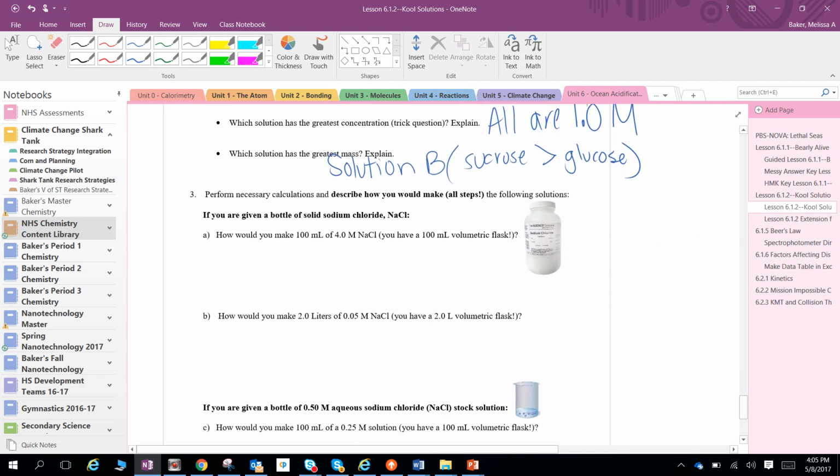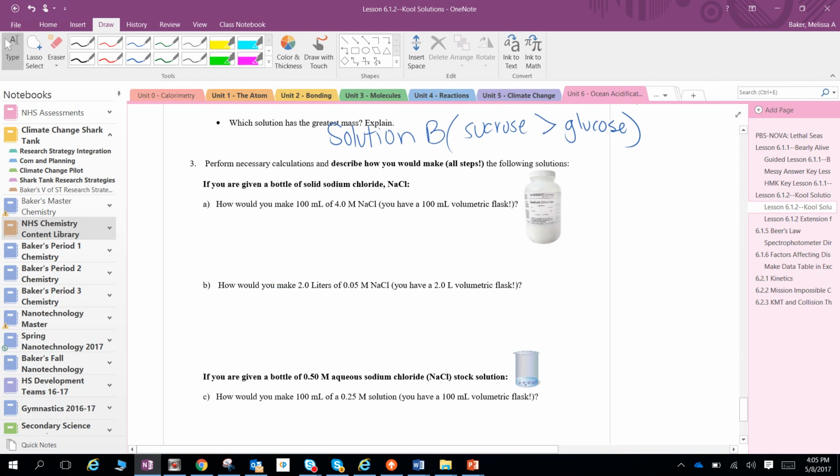Number 3 says, describe how you would make all steps the following solutions. What if you're given a bottle of solid sodium chloride and you're supposed to make 100 milliliters of a 4 mole per liter solution? Well, let's figure out how many moles we need. We want to make 0.1 liters of a 4 mole per liter solution. So how many moles do we need? That means we need 0.4 moles